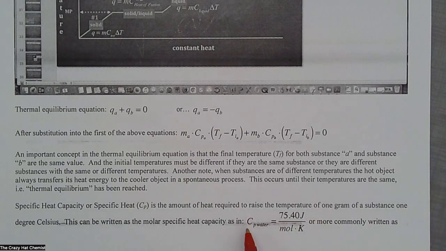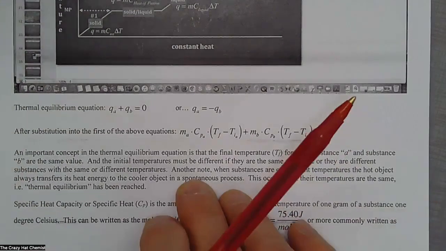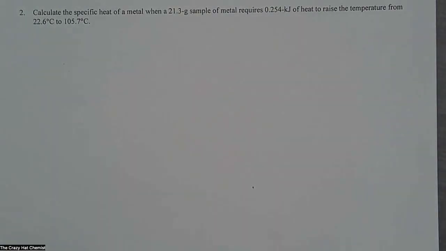Another way that the specific heat capacity for water is written is 75.40 joules per mole Kelvin. And this is per mole as opposed to what I had per gram over here. So that's another way that that's written, just so that you're aware, just so that you can work with that as what your textbooks have. And in using that,